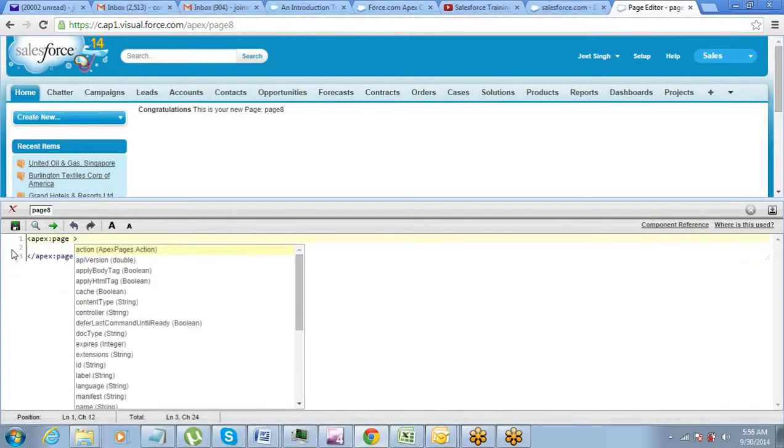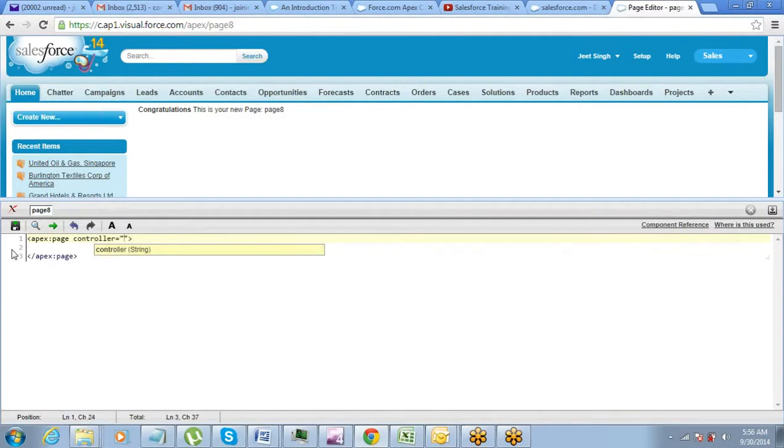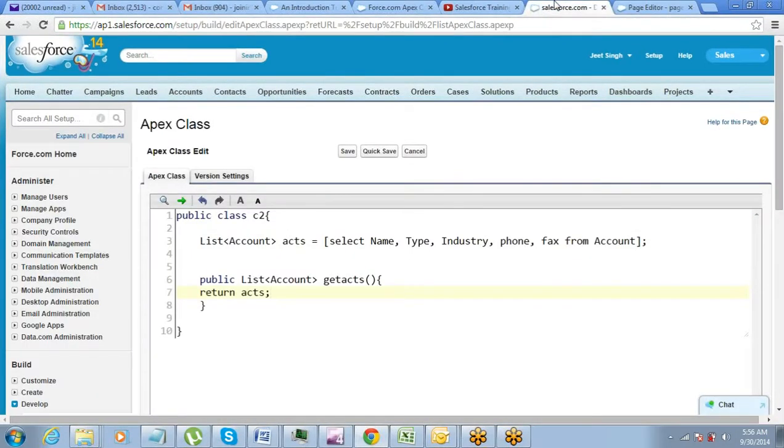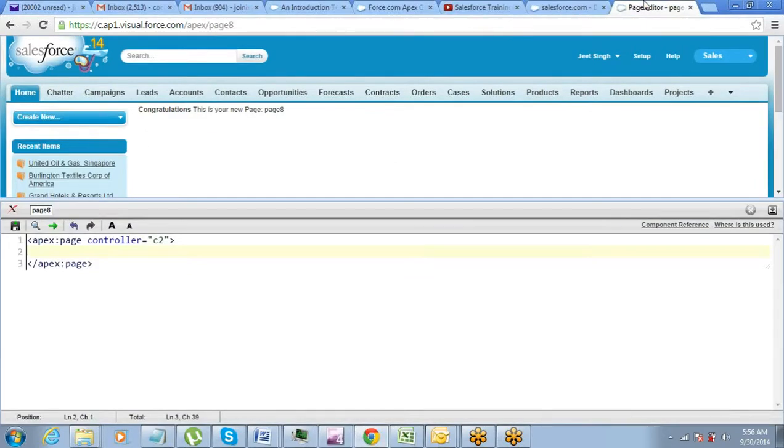And we will call it as a controller class here, C2. Because this is a list of values and it will return a list, in that case we have to use a table to display the list. There are multiple records, right?